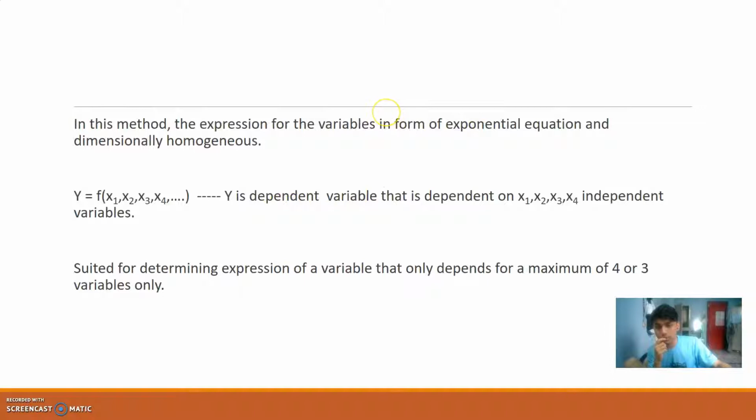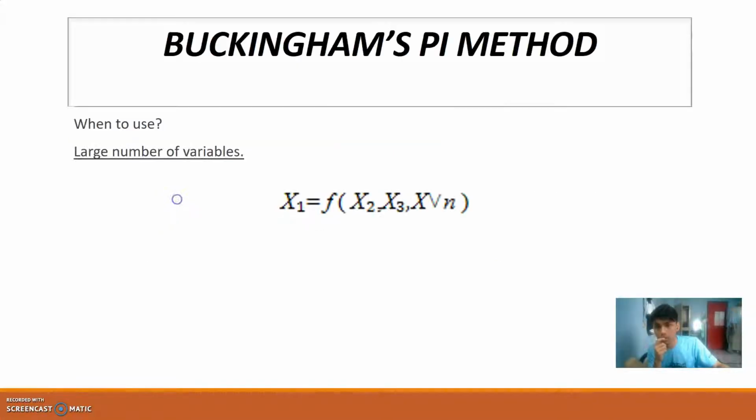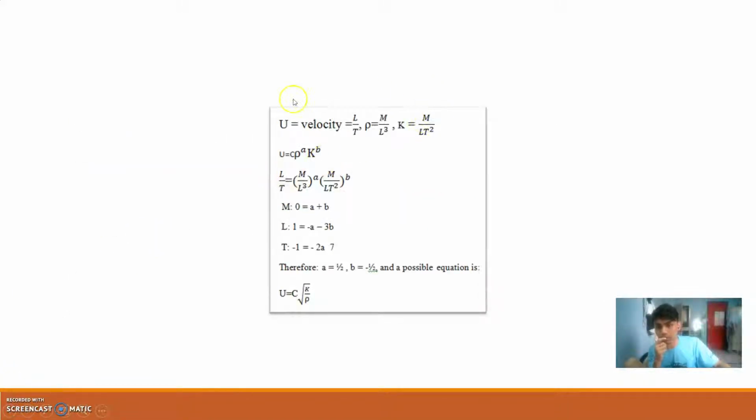But this method is only suitable to determine the expression that contains 4 or 3 variables. So it means we must not exceed 4 independent variables, because if the variables exceed 4, we need to use another method, which is the Buckingham Pi method. But I will explain that to you later. First, the last one for the Rayleigh method, I'm going to explain how to derive an equation using the Rayleigh